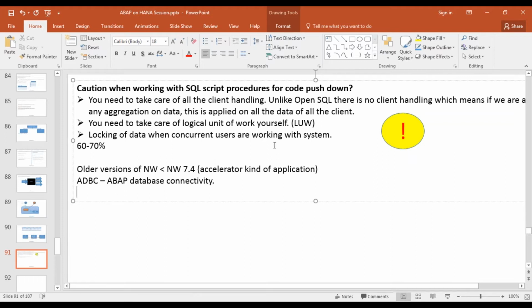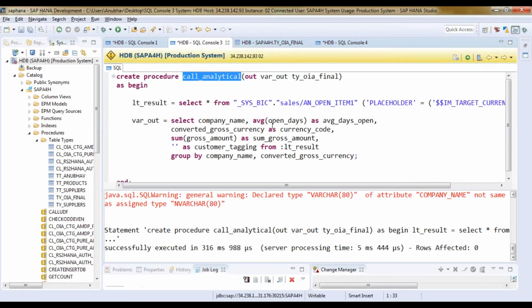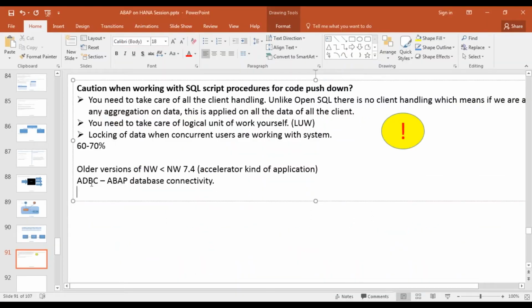Now, before we do that, let me show you one interesting concept here. I will show you the concept of a wrapper also. Just hold on, let me continue with this. We will see the concept of a wrapper also. I will show you that. So now what we will do is call this using ADBC. Hope you all remember the ADBC program using the CL_SQL_STATEMENT class. We had created a SQL query statement, and from there we called it. We pumped the query to the DB, and the DB returns the result. Correct. So now we will see that technique to call a procedure.